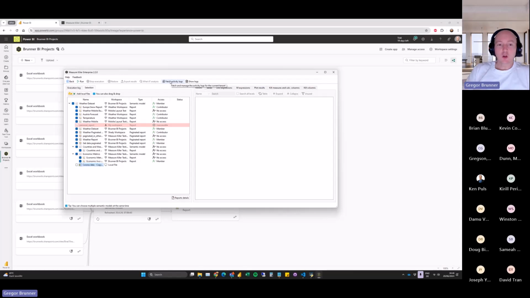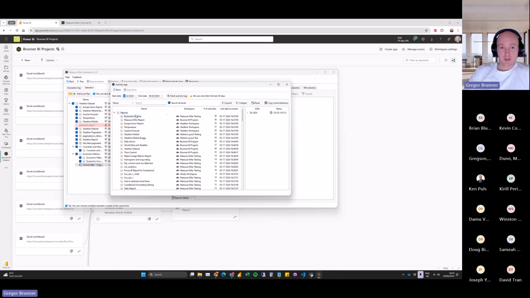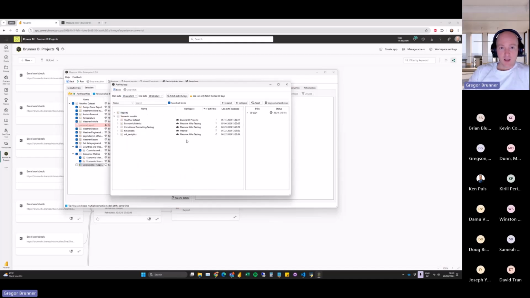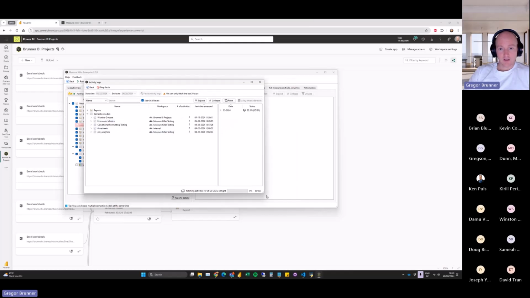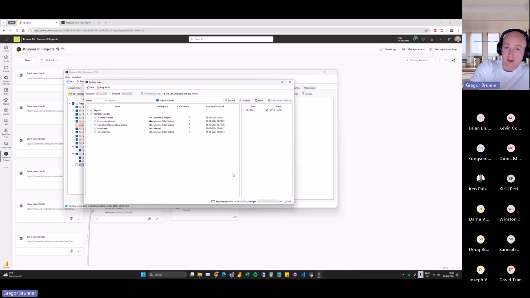That's why we want to include those, because it could be that something is only used there, right? Some people are pulling some measures that are not used in any reports, but maybe only in the Analyze in Excel stuff. And that's why we actually built a function to get the activity logs from Power BI. So here we will find out who is doing Analyze in Excel through the activity logs. At least we can get the last 30